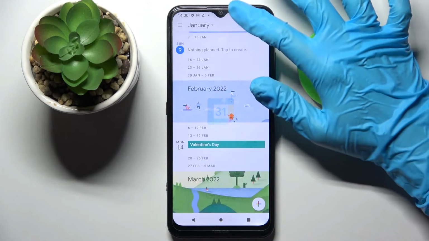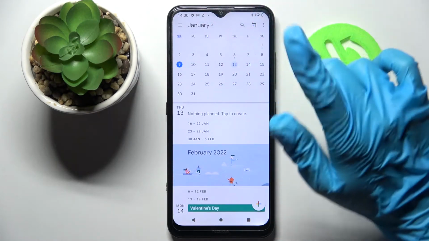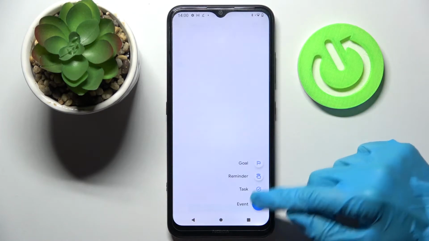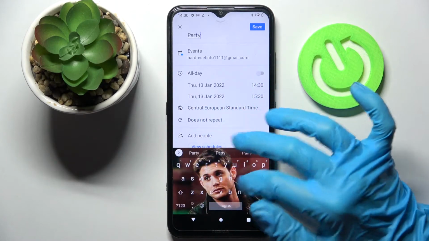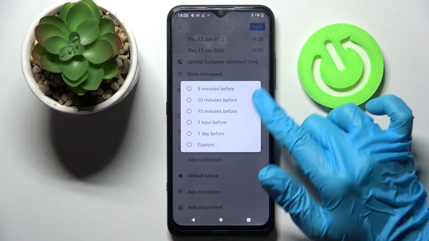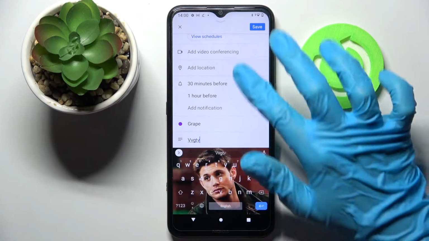After that, tap on the month above over here and pick a date by tapping on the best one for you, like that one. Then click on this plus icon at the bottom right corner and choose event. Finally, you can customize it however you wish to. For example, add a title, set up notifications minutes, hours or even weeks before, change color, take notes, add location